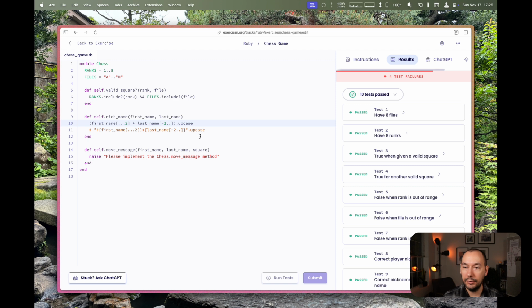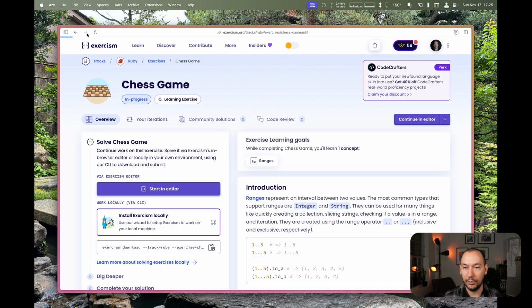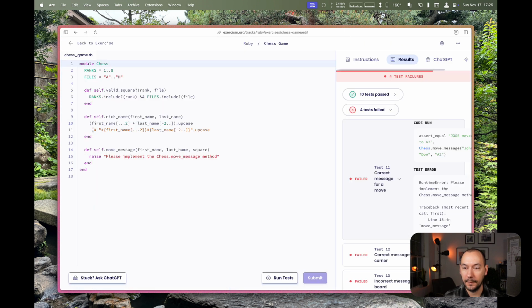Yeah. So looking at these side by side, oops. Oh, that's right. Wrong button. Which of these is actually nicer to work with? I think